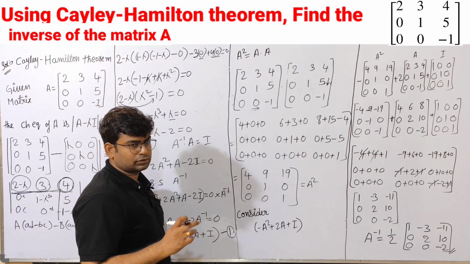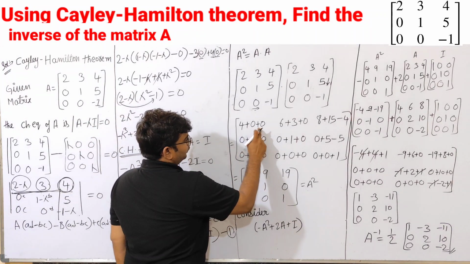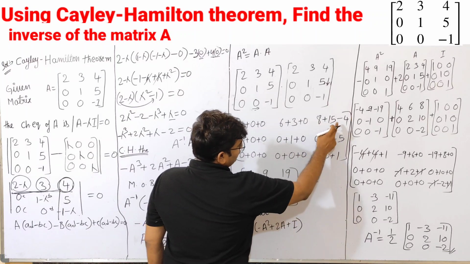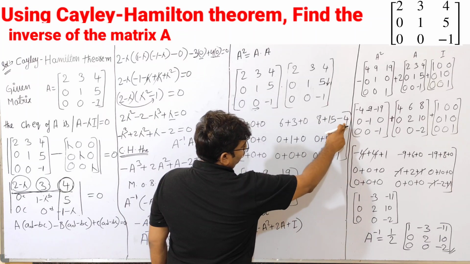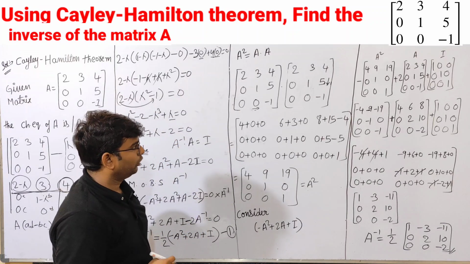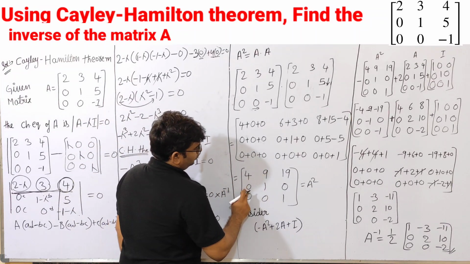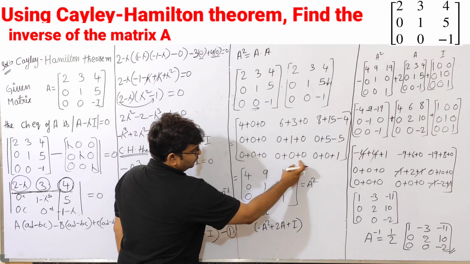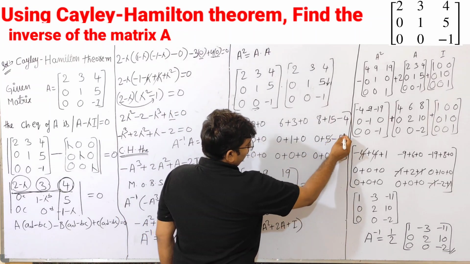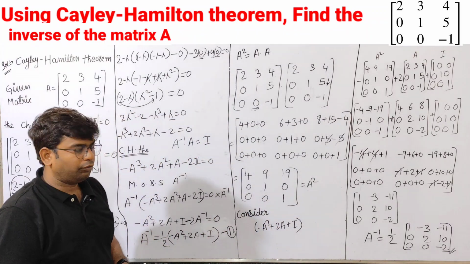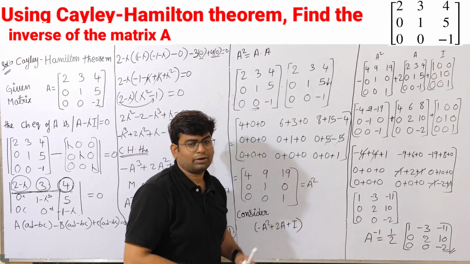After this, we have to solve. See, both are 0, 4 you have to take here. 6 plus 3, 9. So, in this 8 minus 4, 4. 4 plus 15, 19. Okay. So, zeros, 0, 1 you have to take, zeros, 0. These both will cancel, 0. 1 here, 1 I have taken here. Now, we got here the A square value.